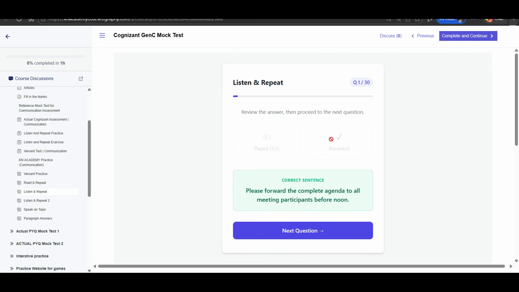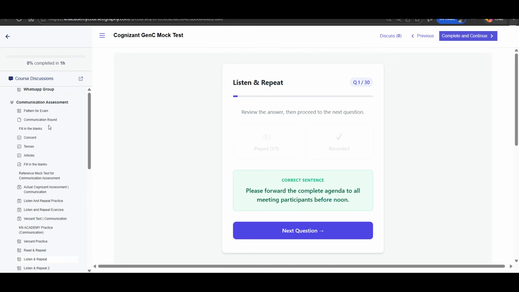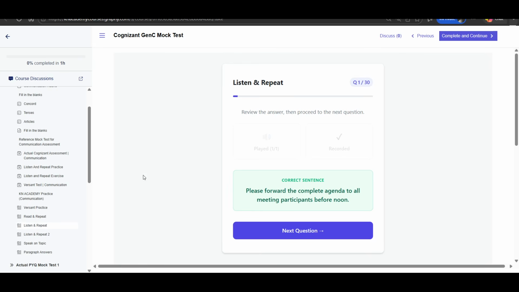So this we also have provided in our mock test series. Why have we provided this? So you can practice for the listen and repeat section. I hope the first section is clear. What you need to do is read and repeat. A sentence will be displayed on the display, which you need to read, and listen and repeat. You will be listening to a voice, and based on whatever you hear, you need to repeat the same sentence. Okay,